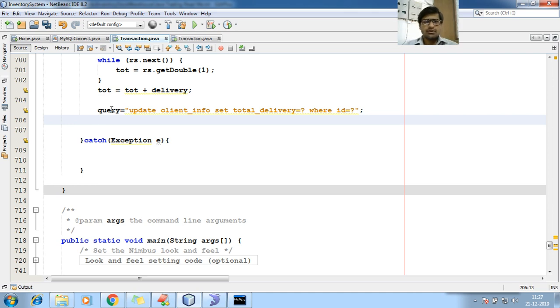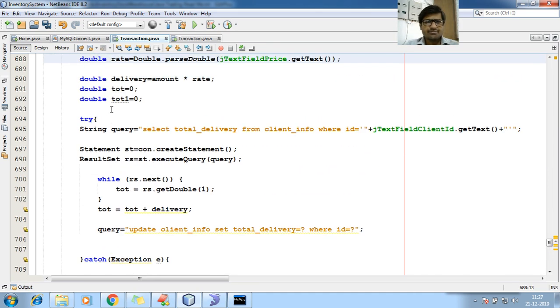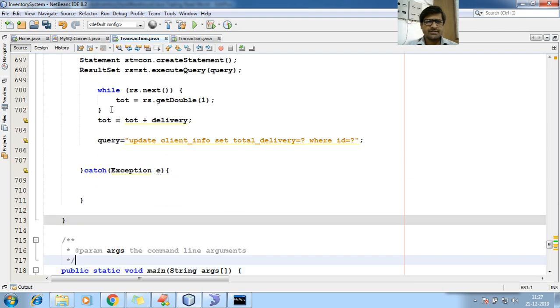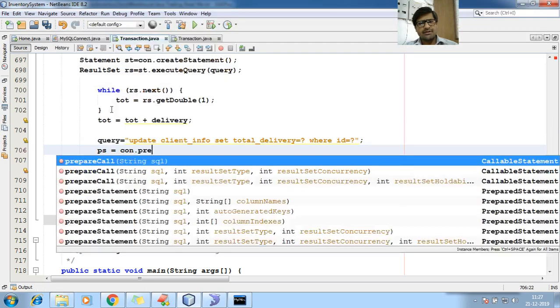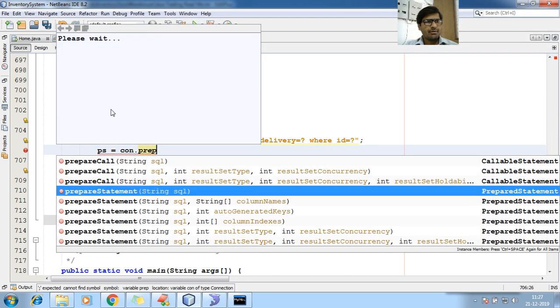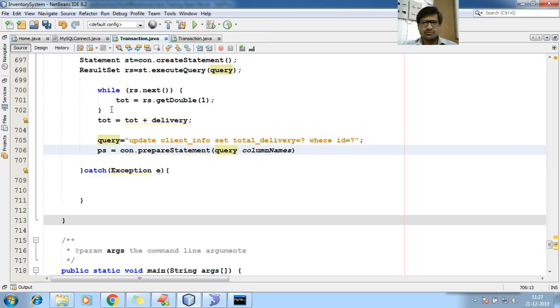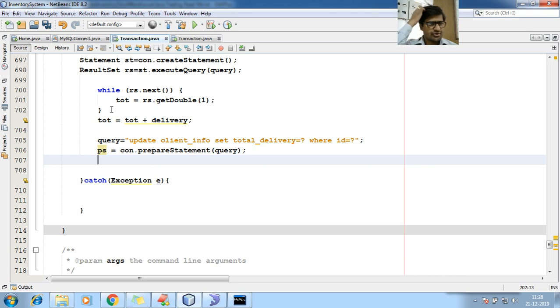So where is my prepared statement reference? I think PST, PS or PS, yes, PS. So PS dot, so con dot prepareStatement query, so we have passed the query, then PreparedStatement